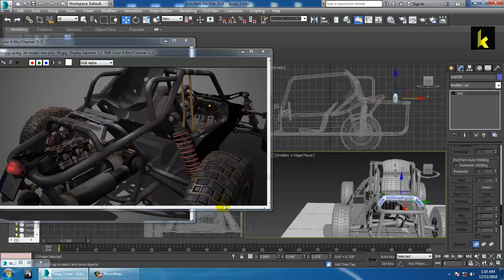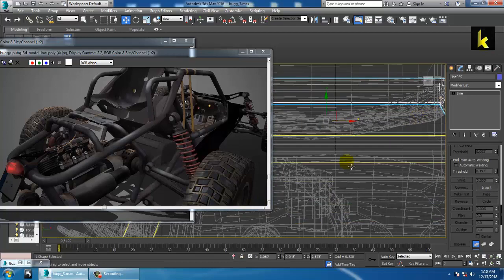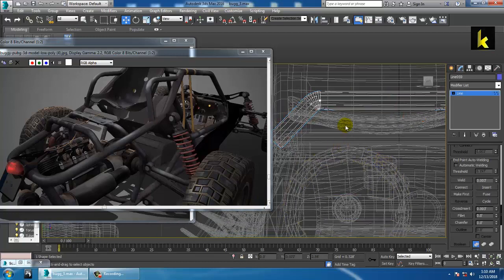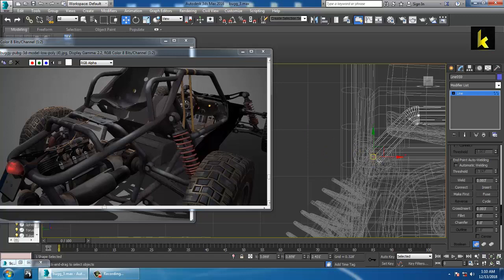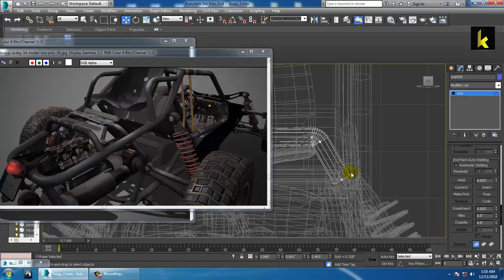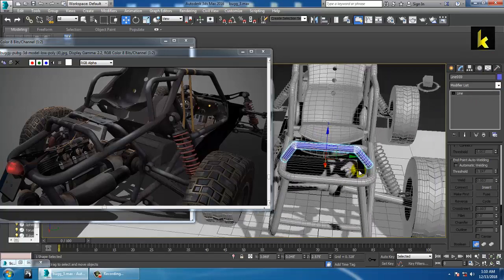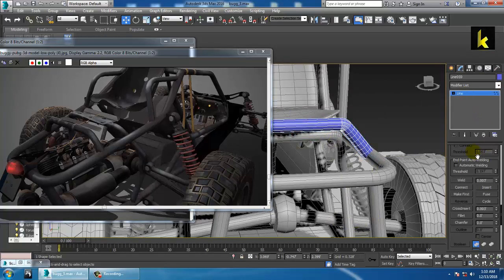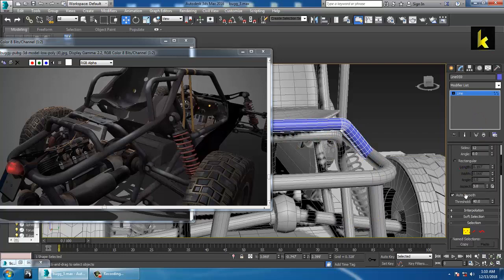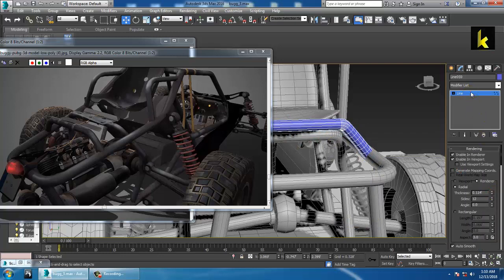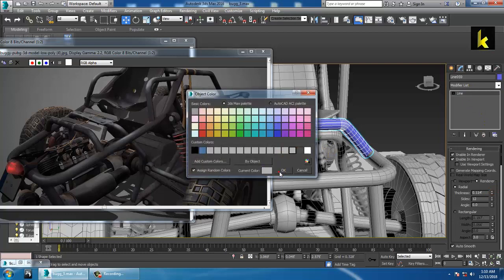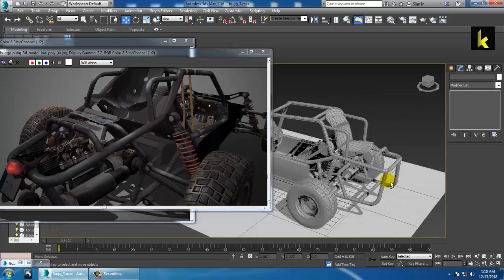So you can use this again, the vertices for this. Push it away. That's it. And you can reduce its thickness a bit. That's it. And you can give a color to it. You can just save your file. So